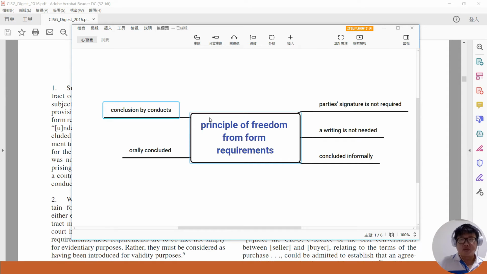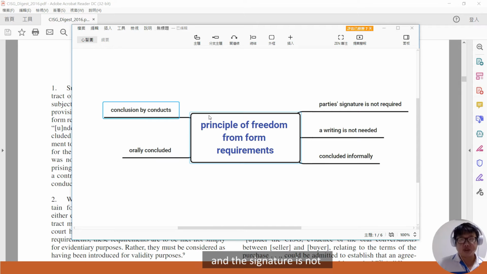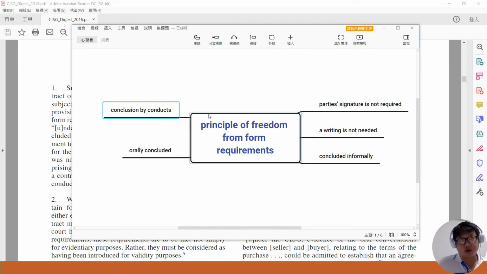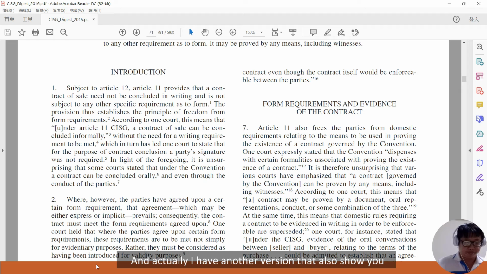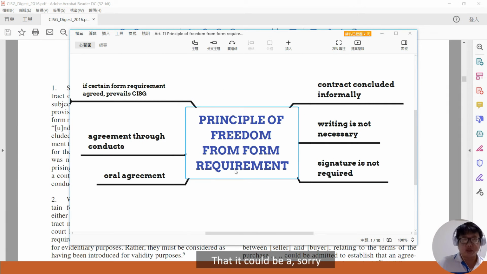Firstly, writing is not needed to establish a contract, and it could be concluded informally, not in writing. The signature is not necessary, and it can also be concluded orally or even through the conduct of the parties. Okay, so that is a demonstration for you, and actually I have another version that also shows you that it could be